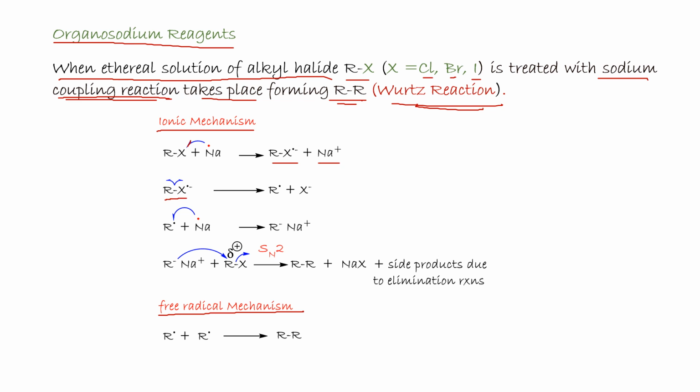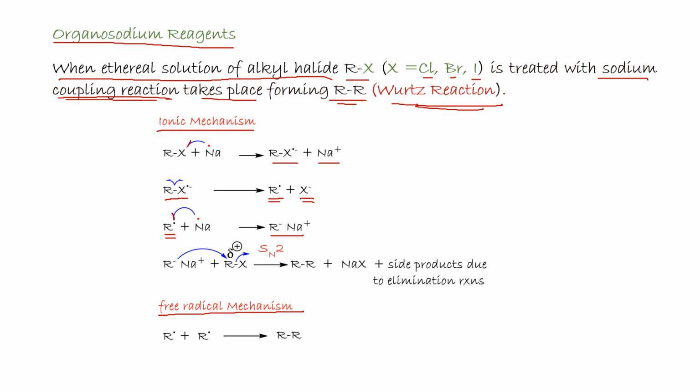The radical anion undergoes homolytic fission to give radical R and halide anion. The alkyl radical again gets an electron from another sodium to form R minus,